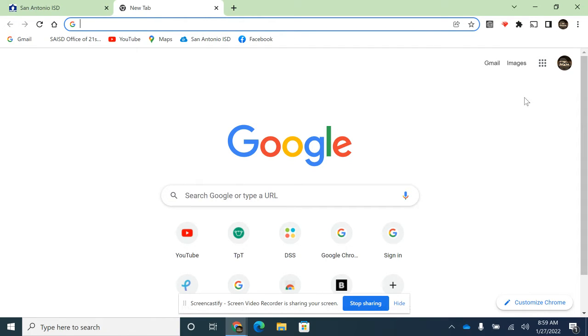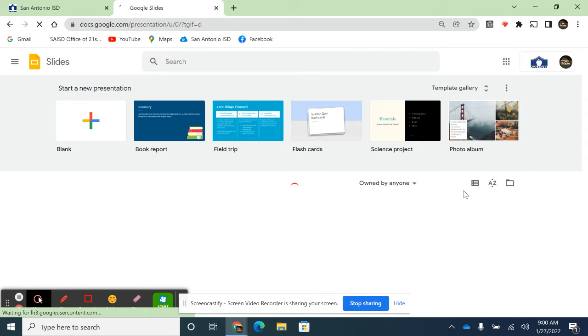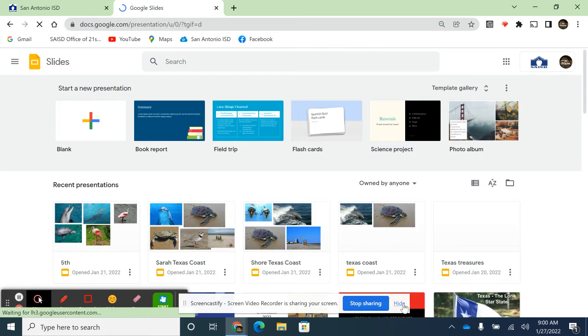So just keep in mind, create a new tab, go and click on this. It's the Google apps. I call it the waffle apps because it looks like a Belgian waffle. So you click on that. Now you'll see all the different apps that Google has. I want the slides. This is the yellow one. When I click it, it will now open